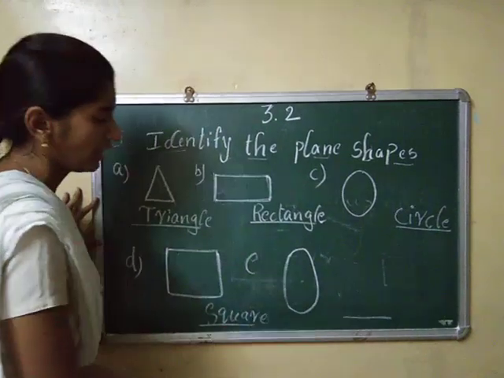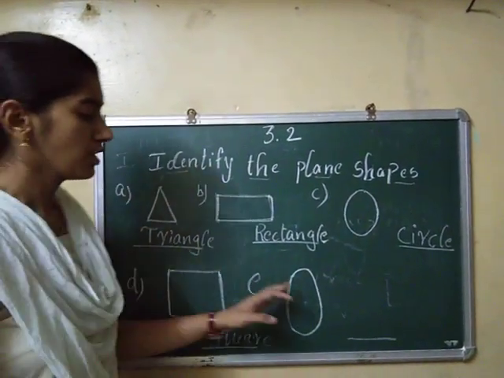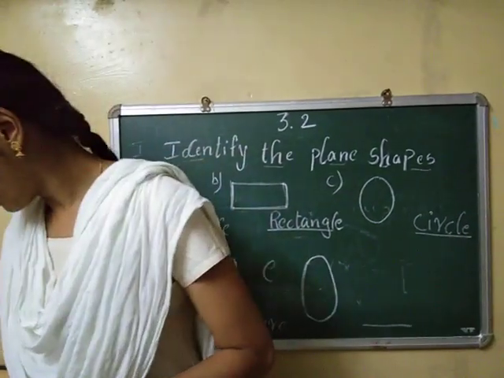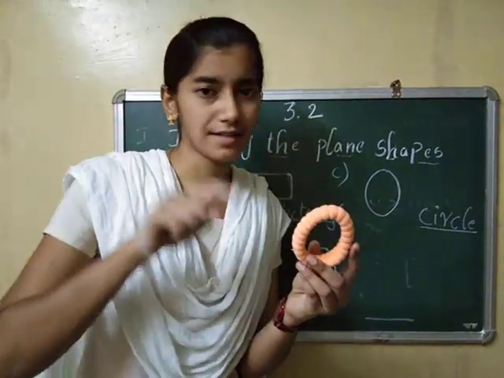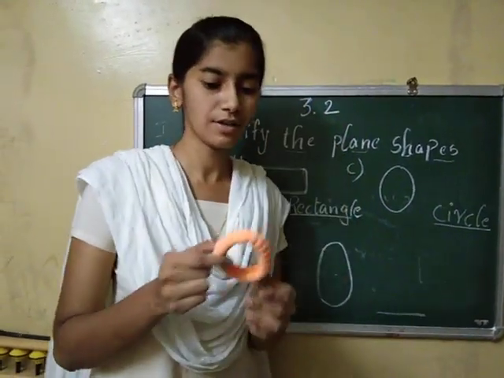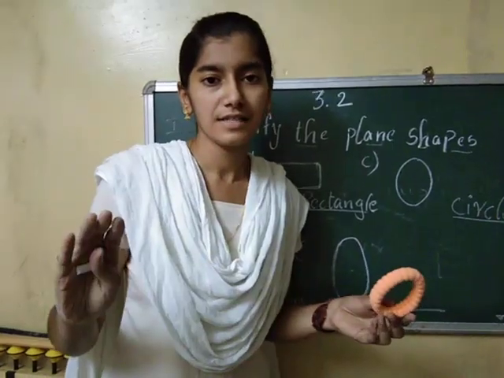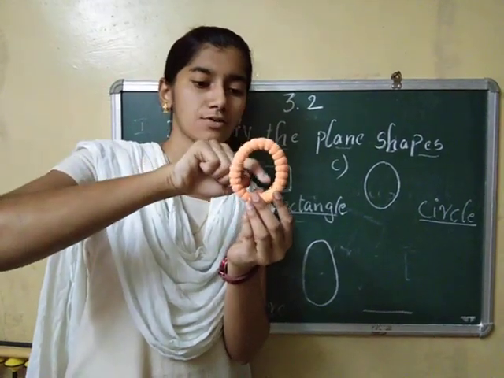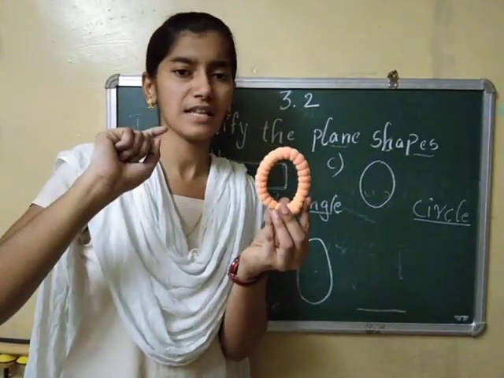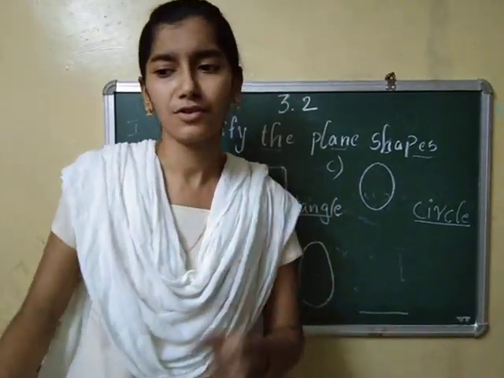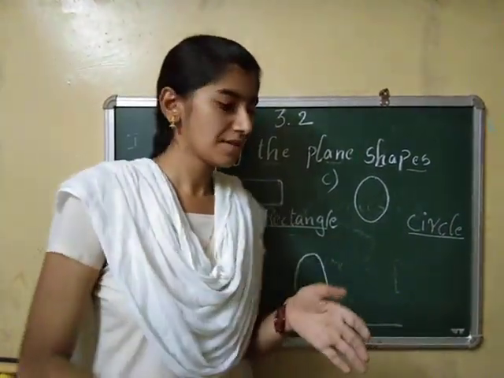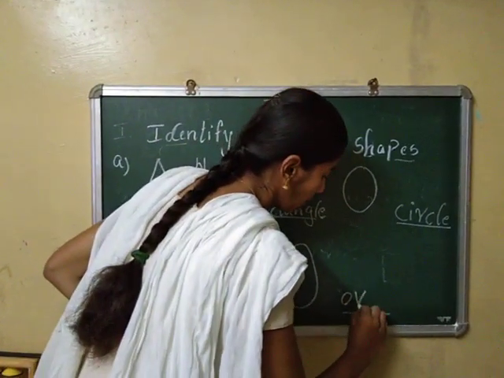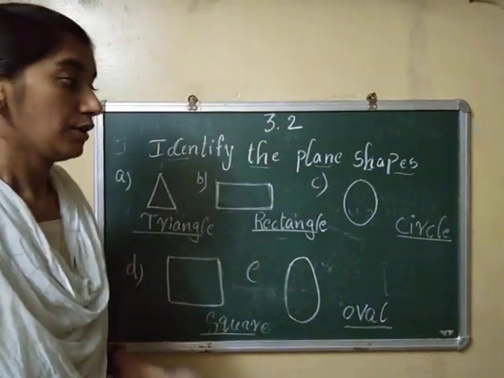Yes, S-Q-U-A-R-E, square. If we are moving for E1, for example, I will be giving the example of baseball. And also like this, the shape will not be like a circle. The oval shape doesn't have any sides and doesn't have any corners, and it is not purely a circle either, it will be like this. For example, if you see the baseball also, the shape is like this only. So this shape resembles an oval, O-V-A-L, oval. I hope everyone got this.